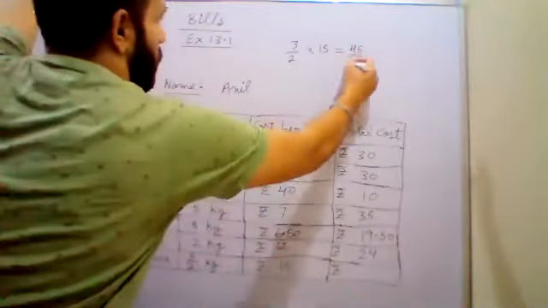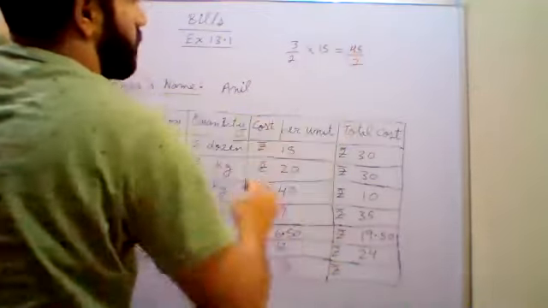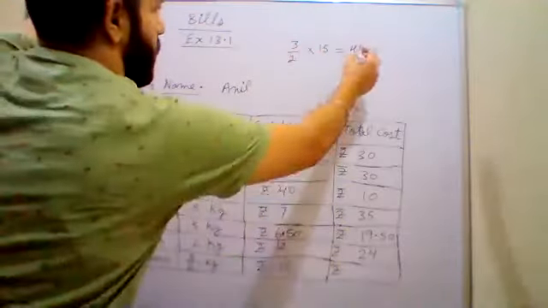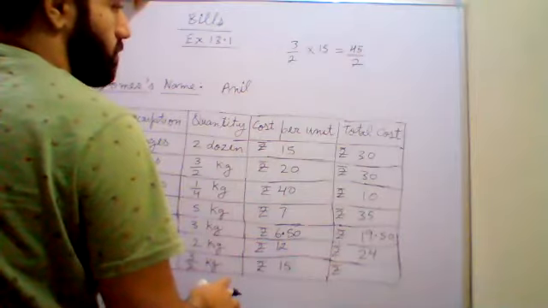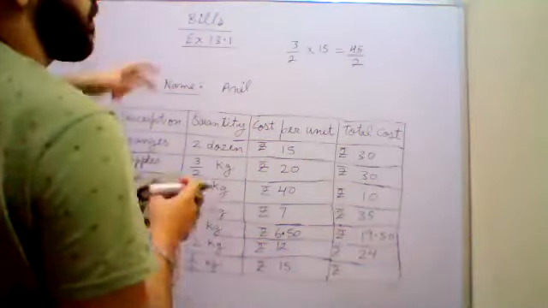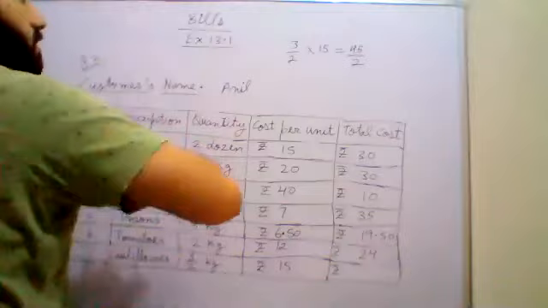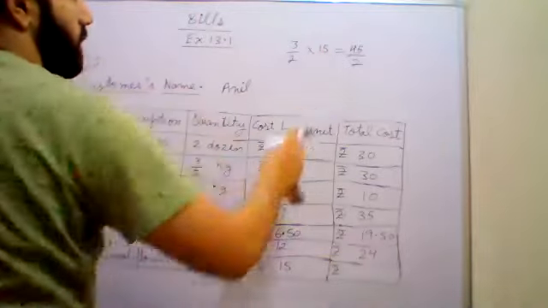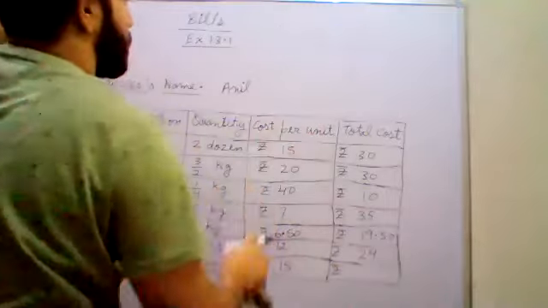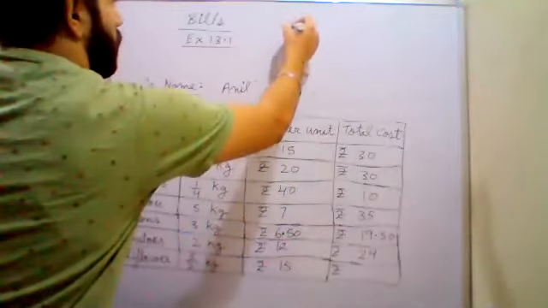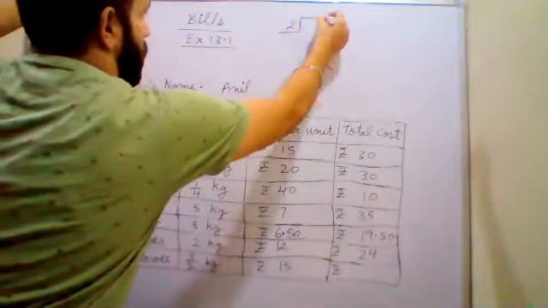So now here you will find the answer. 45 is not divisible by 2, so you will find the answer in decimal. You all know how to divide 45 by 2. Can you find the answer in decimal? Let me show how to do it. 45 divided by 2. So 2, yes, sir. We should divide.